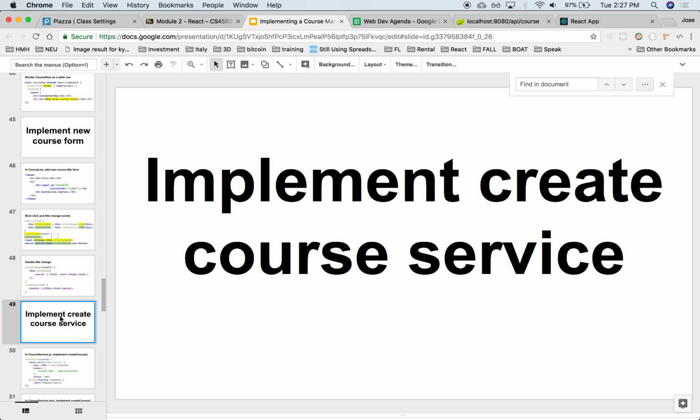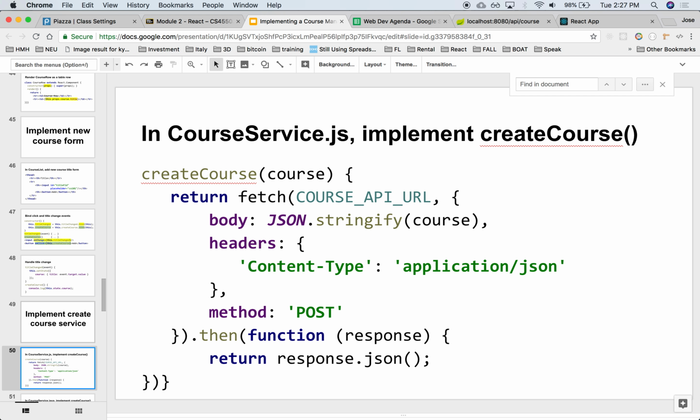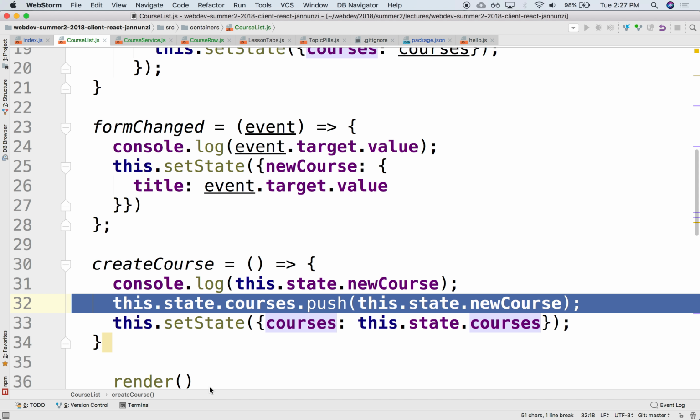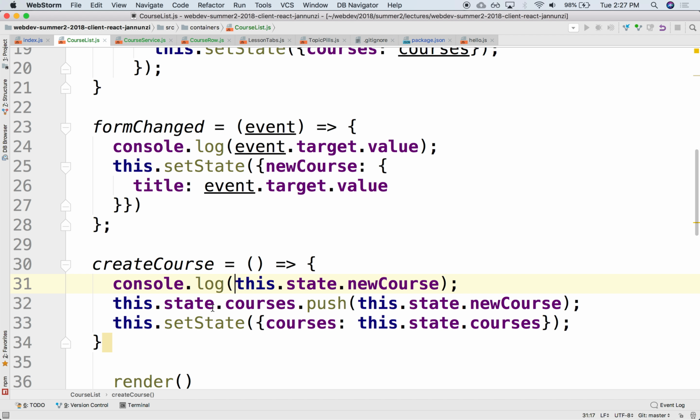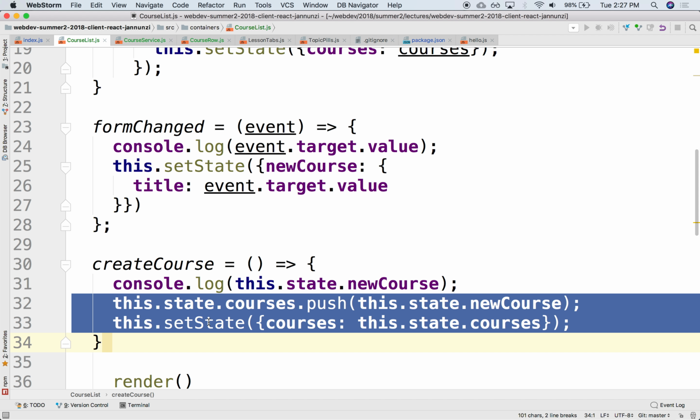But this other alternative that I'm going to present now is a more pessimistic approach, but it's safer. It's safer in that I'm going to first make sure that the server knows about this. It's saved, and then I'll update the user interface accordingly. So instead of the component immediately changing the state,